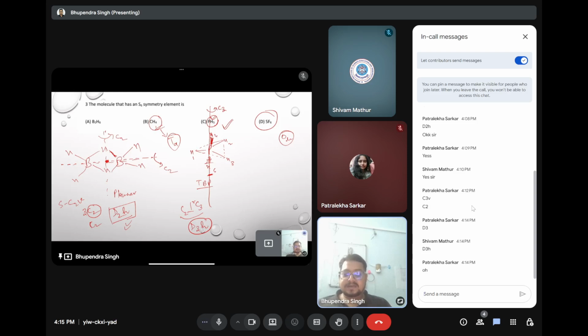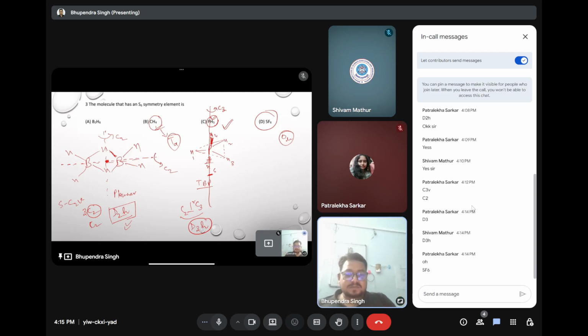The molecule that has an S6 symmetry element, not the point group. Which molecule will have an S6 symmetry element? An improper axis of symmetry. This is easy now. Yes, of course, because S6